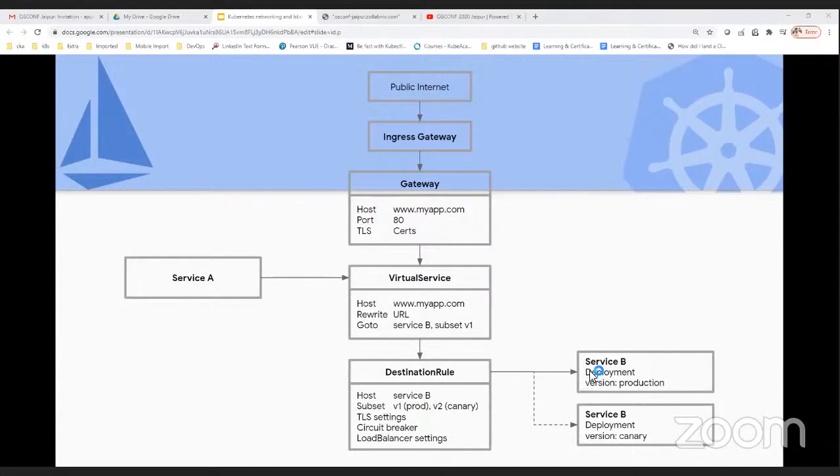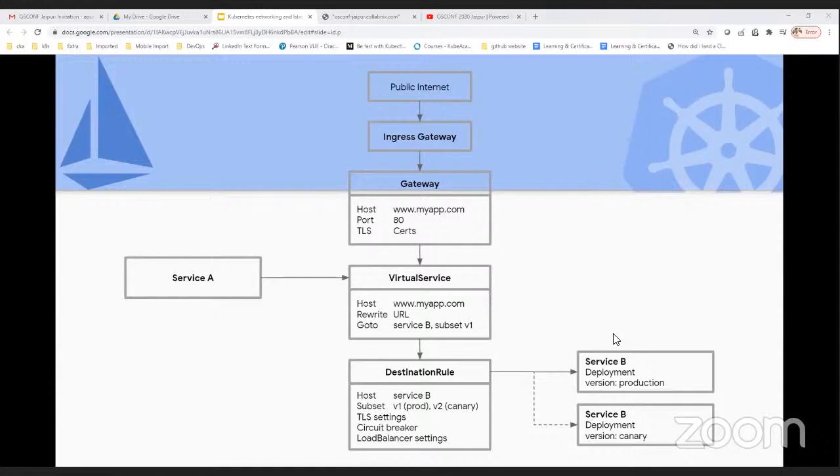These are the more granular ways I could say to send the traffic. These are some of the things which run with Istio: virtual service, then virtual gateways, then destination rules, and the Istio ingress gateway. So these are the things running with the help of Istio.